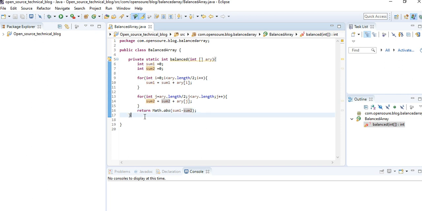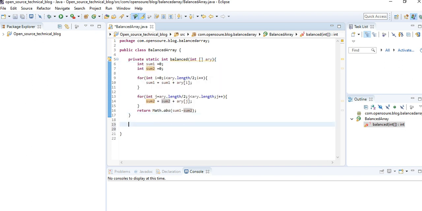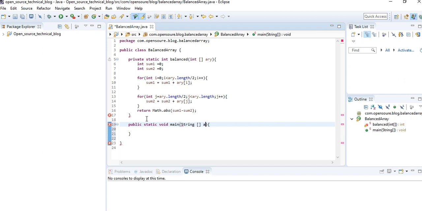So let's write the main method. We need to take the input from the scanner.